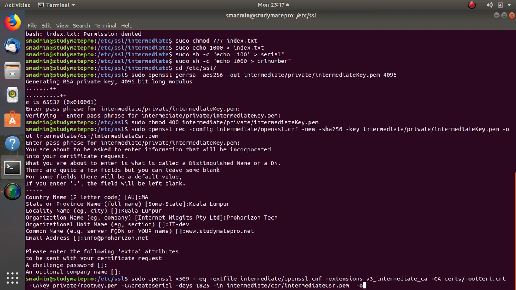and the output file will be intermediate certs as well, and the intermediate cert.crt. Now let's go through this lengthy code step by step. The first thing you need to do is sudo use the OpenSSL x509. You have to request, because this is a request for a certificate, and the extension file, which will be the OpenSSL file of the intermediate